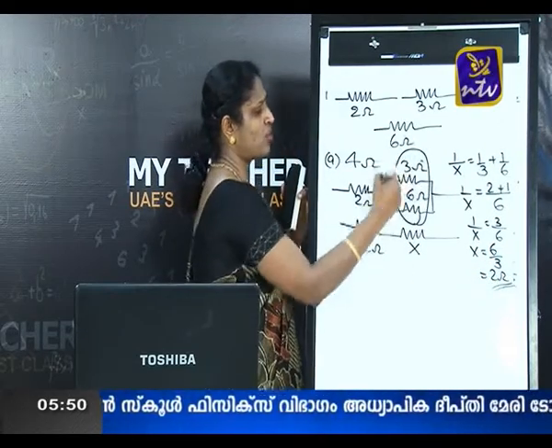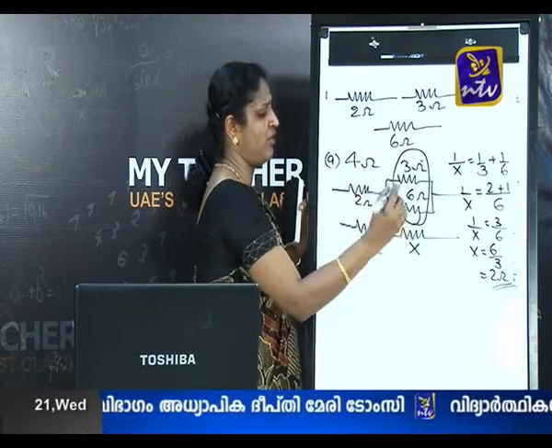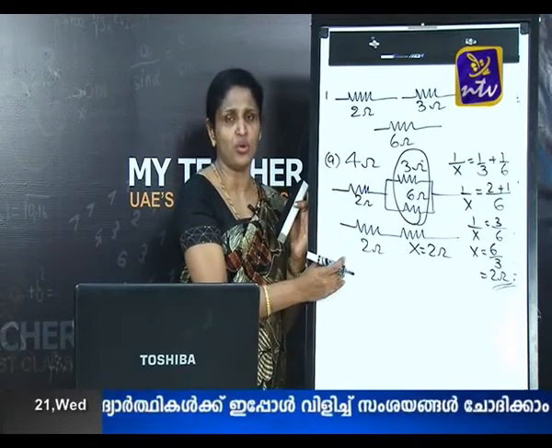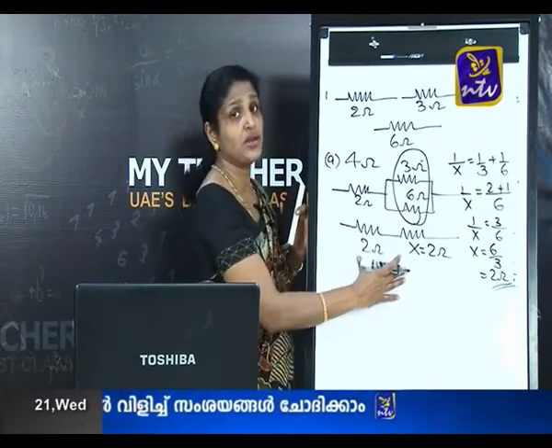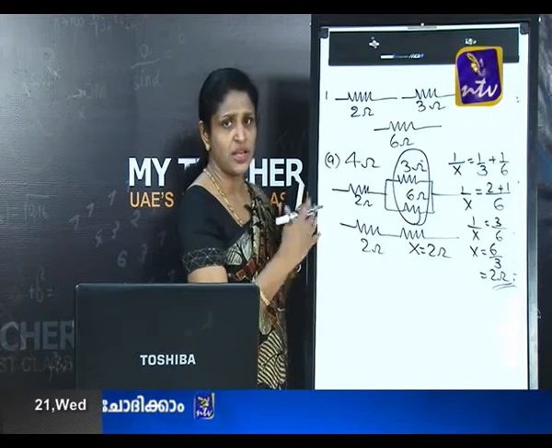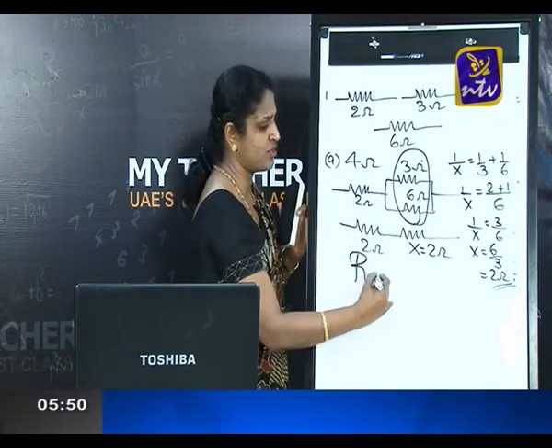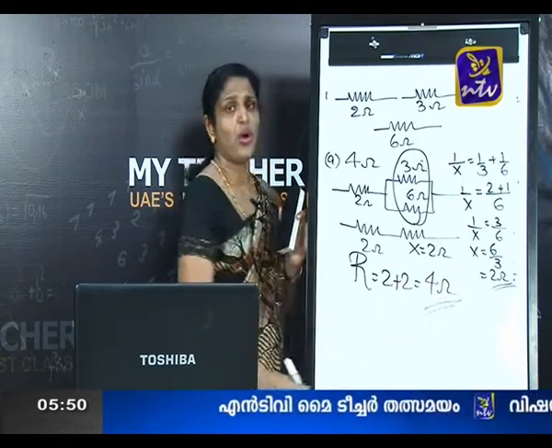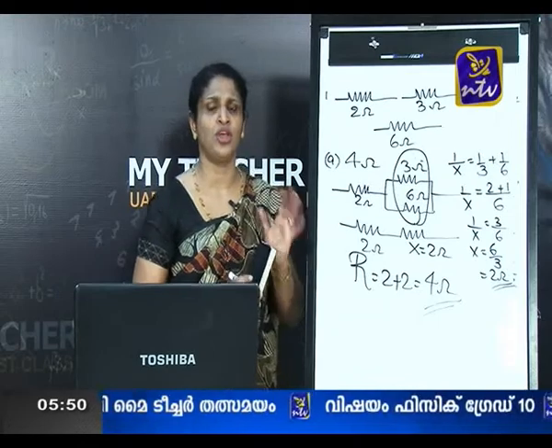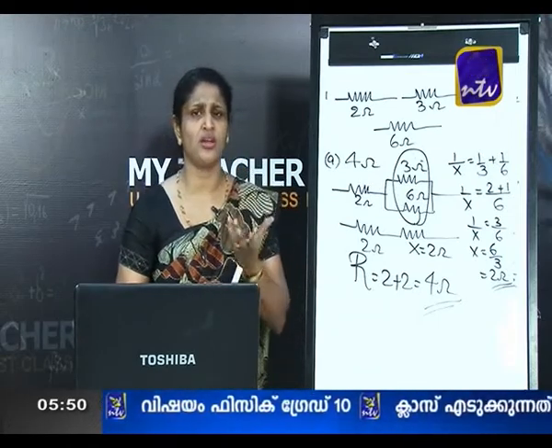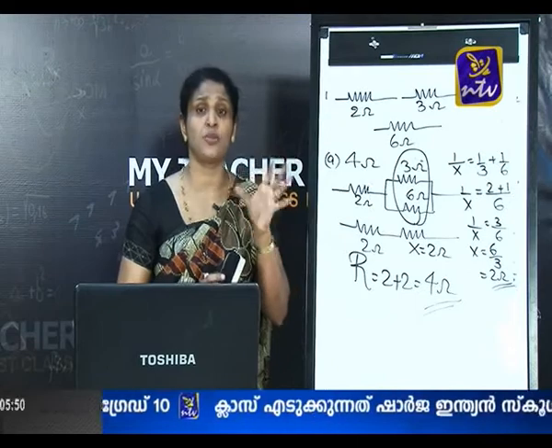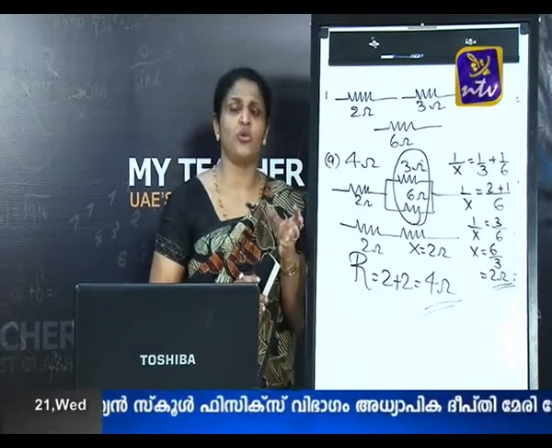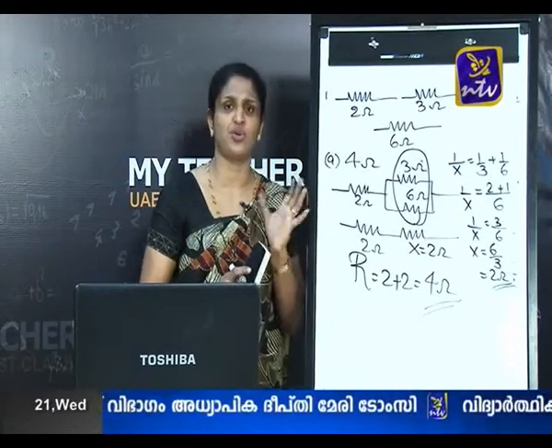That means, the combination of 3 and 6 is behaving like a 2 ohm connected in series with another 2 ohm resistor. Now, they both are in series. When they both are in series, naturally the total resistance will become 2 plus 2, that is equal to 4 ohm. So, how we must connect this 2 ohm, 3 ohm and 6 ohm in order to get 4 ohm resistor? How can you express that in words? Either you can express that in words or you can represent it as a diagram as I have shown on the board.